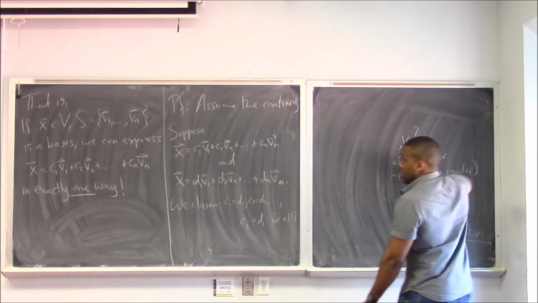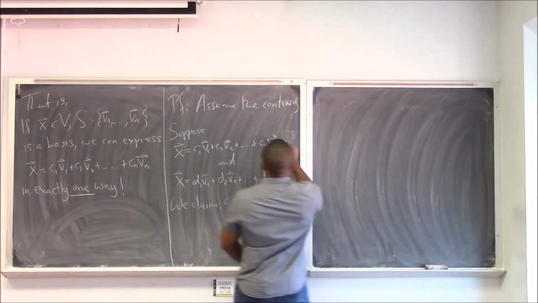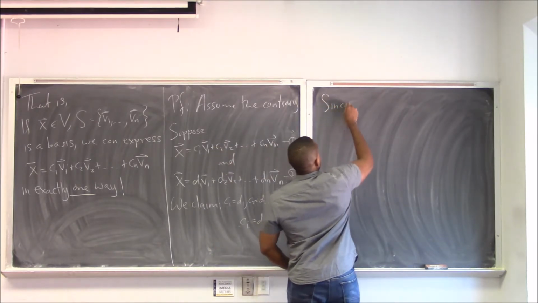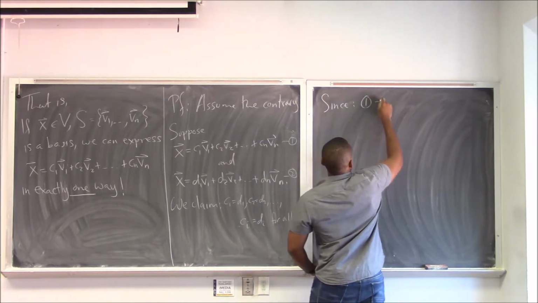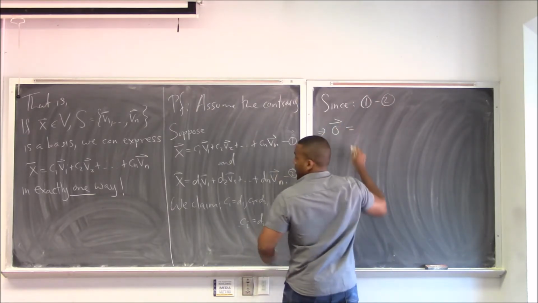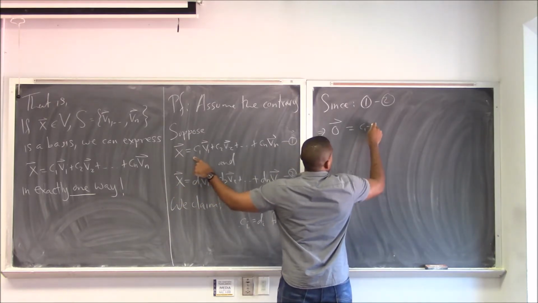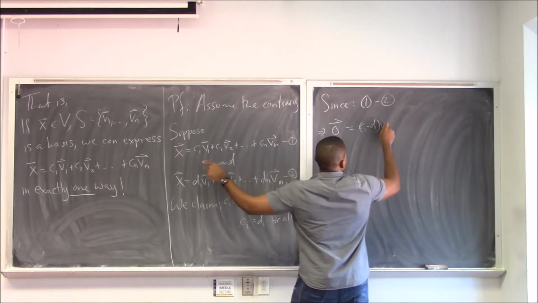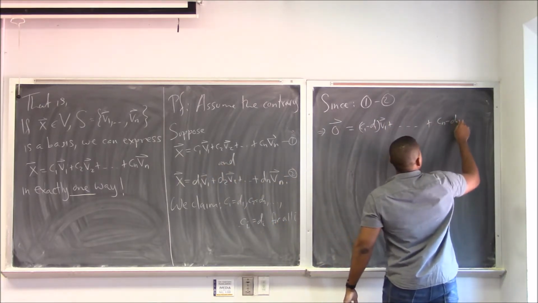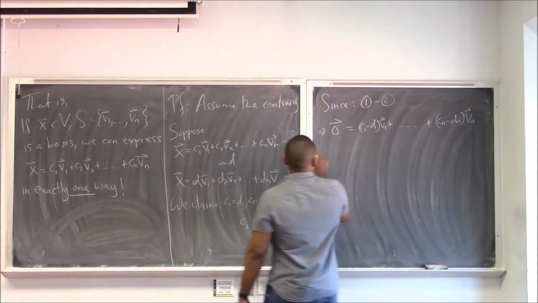Subtract the vectors. Call this equation 1, call that equation 2. If we take 1 and subtract 2, we get 0, right? Because x minus x would be equal to (C1 minus D1) V1 plus all the way down to (Cn minus Dn) Vn, which means